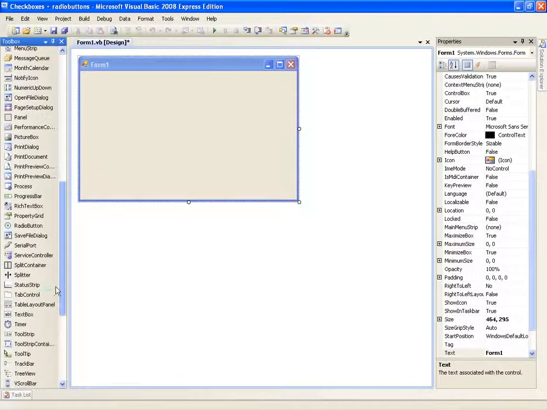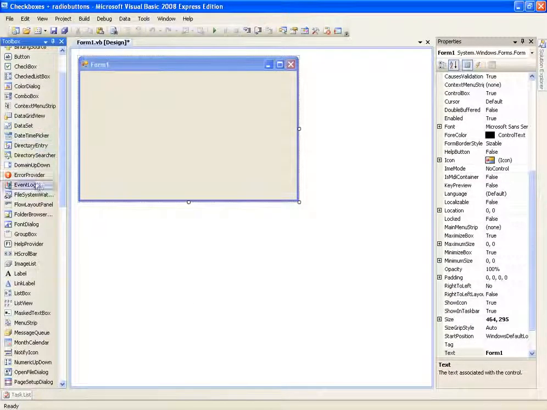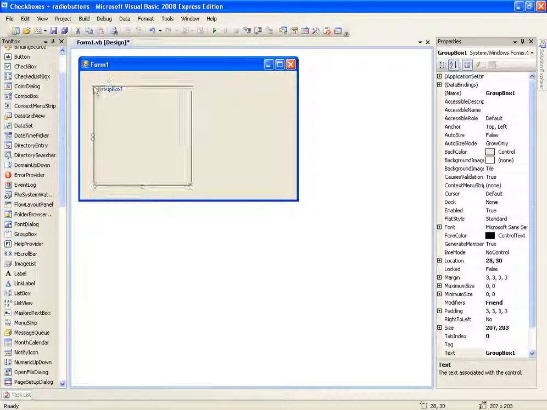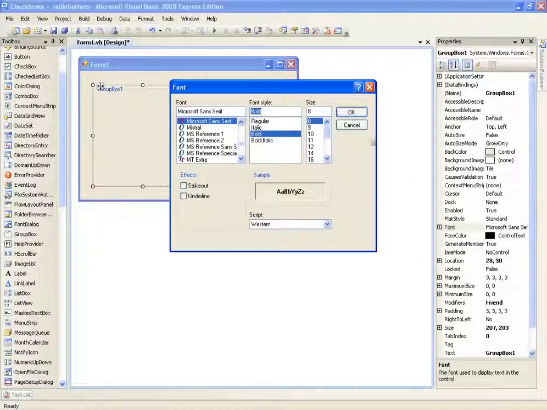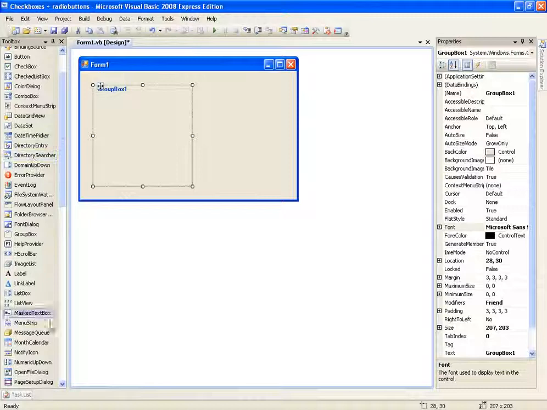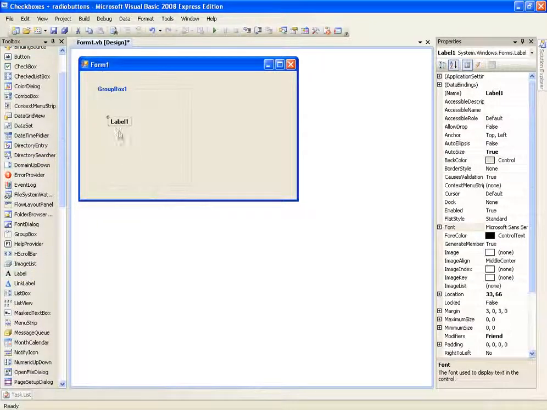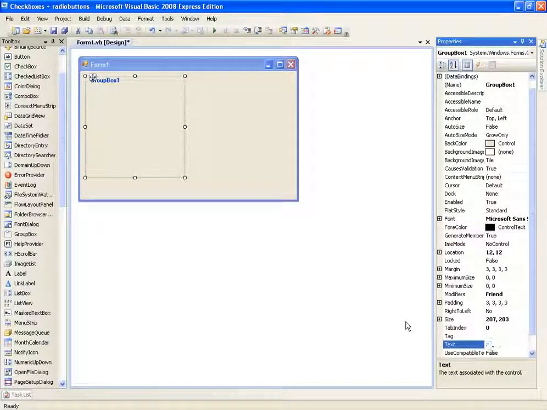Right, so basically what a group box is, which we'll add first, is, as it's in the name, a box which will group whatever's inside it. So let's say we make this bold on the font. This will go bold up here, but also say we add a label in, see that's bold as well. That's just quickly group boxes out the way. So we'll change the text to age,